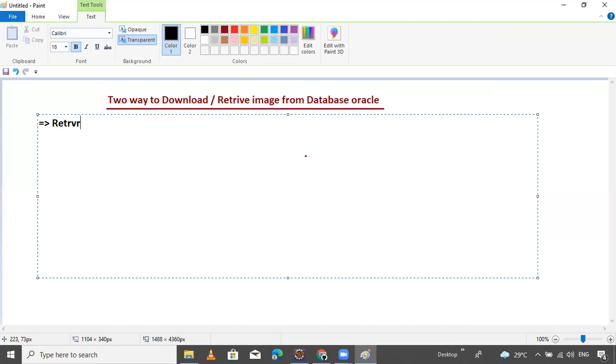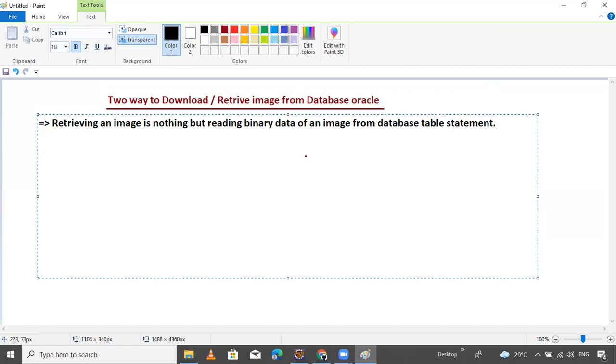Retrieving an image is nothing but reading the binary data of an image from a database table.